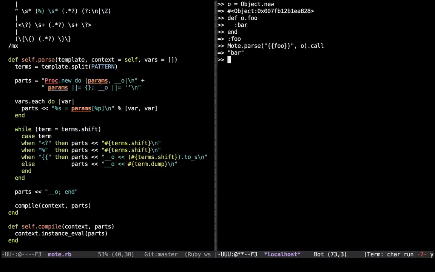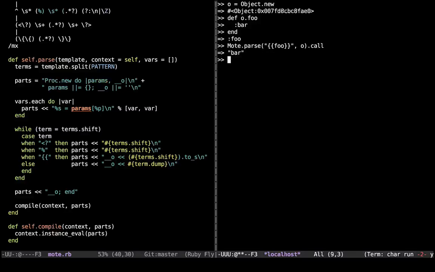Now, to do that, I guess you'd have a two-step, parse and compile, whereas this kind of combines it as a one-step, but then you could just be concerned with the context in the compile step, and that would allow you to only pay the penalty of figuring out the template once and then using it over and over again for different objects. But that said, trade-offs, and still, we understand how the context works at this point,